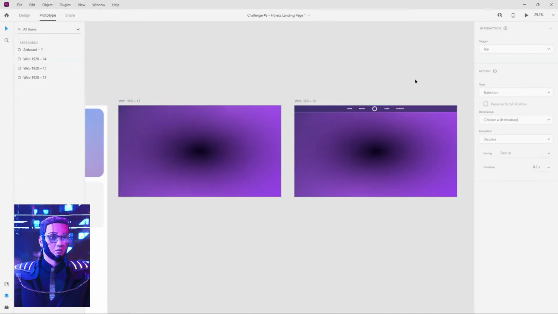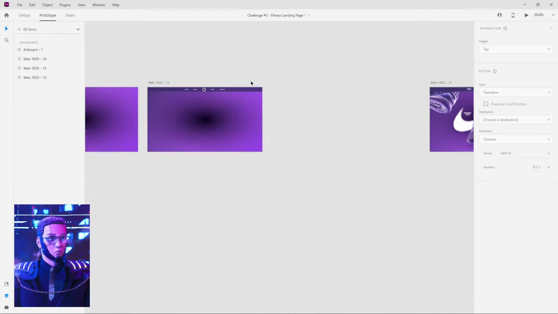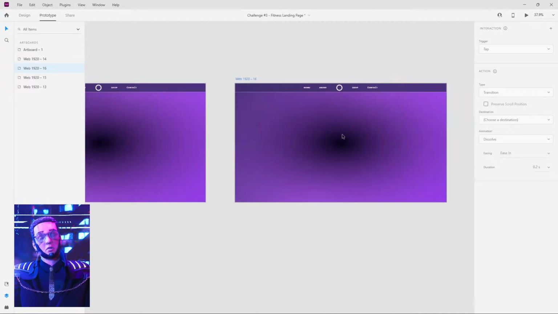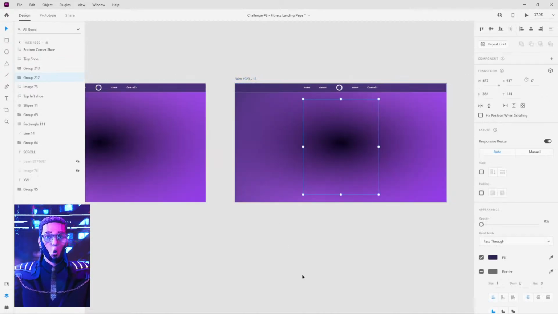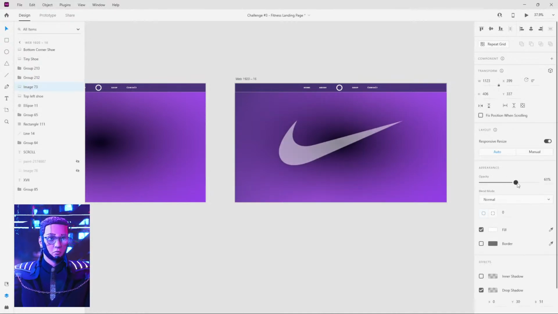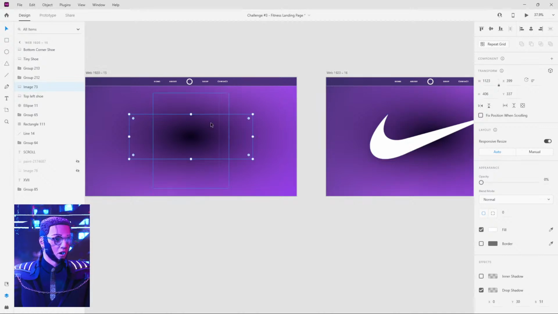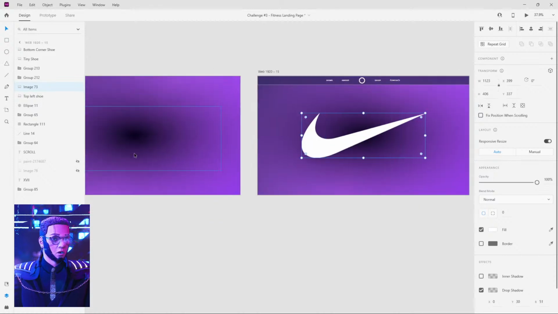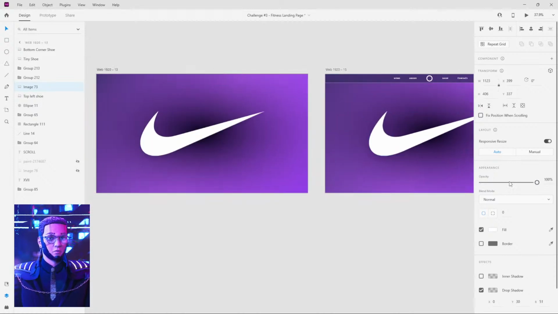Okay, so we have that first part. Next, we are going to duplicate this, holding Alt and pulling this here. The next thing we want to occur is maybe we introduce our Nike logo, starting over here. We're going to do one thing at a time, ladies and gentlemen. I'm going to scale this down,